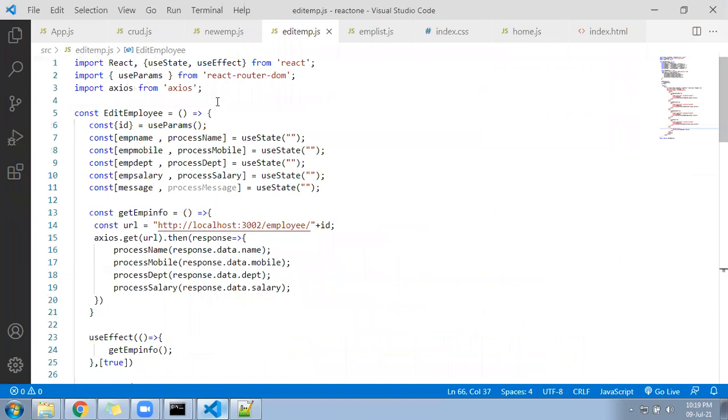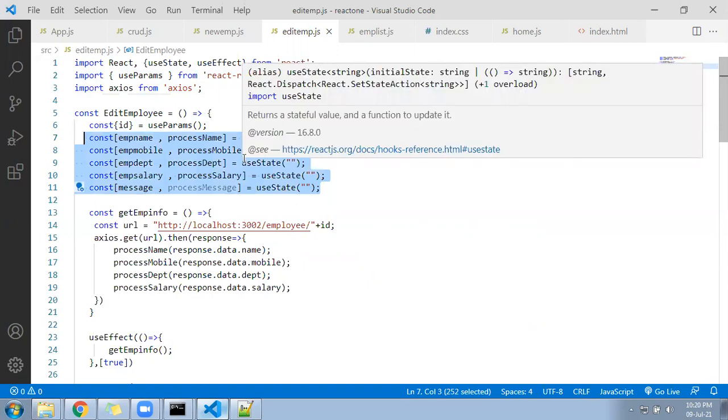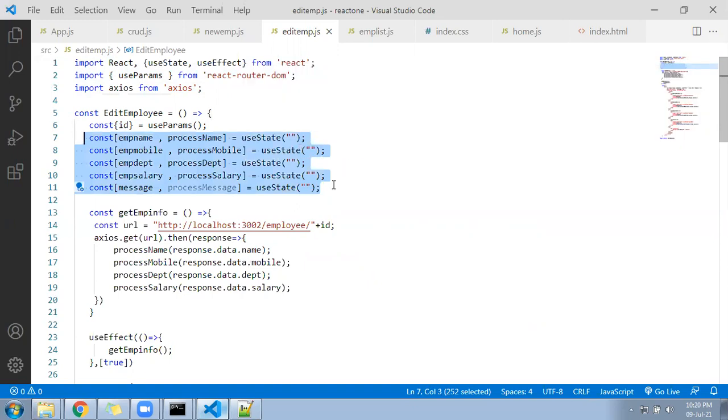Let's see. Number one, what we did. You understood this point where we are passing the input. This import part you have to do. We wrote a function called EditEmploy. We capture the useParams, and these functions we have written for what purpose? Since we need to capture the input from the text box, this function is required. This function I have taken from the AddEmploy page that we created last, in video number 2.